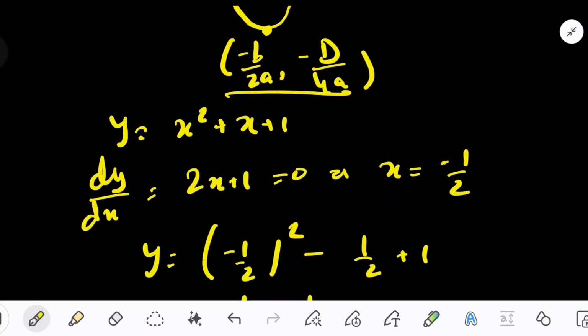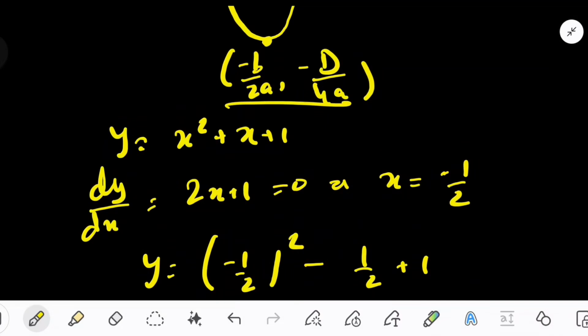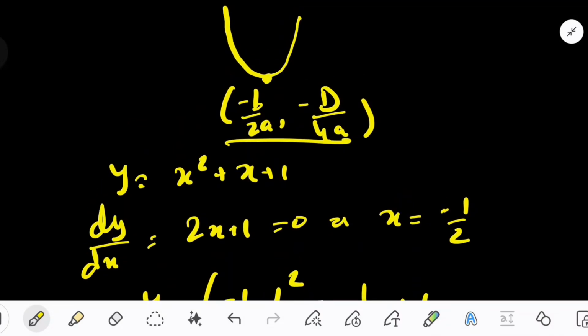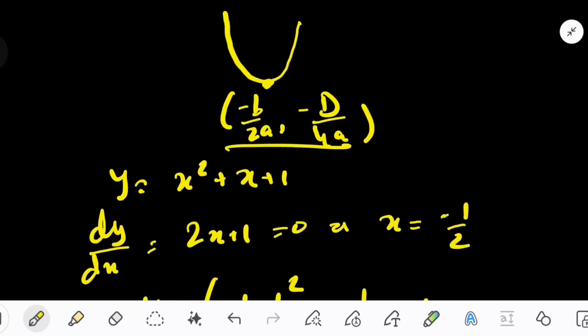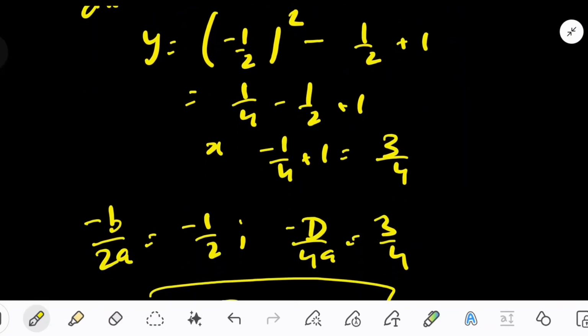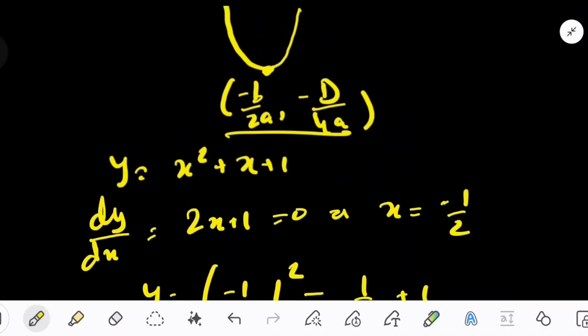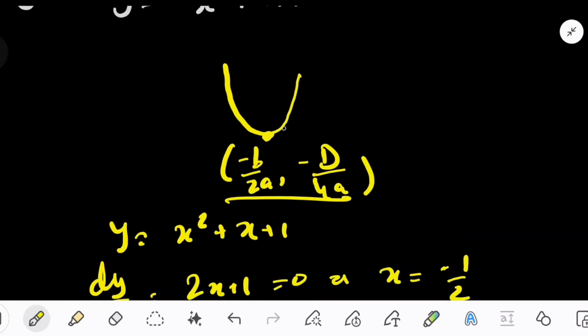When you take its derivative, you get 2x plus 1 is equal to 0. You set it equal to 0 to find the critical point, correct? From this you will get x is equal to negative 1 by 2. This is the abscissa value, or the x value, of this point. And when you substitute negative 1 by 2 back into y is equal to f of x, you will get the ordinate value, or the y value, also, right? So from this you get 3 by 4. So of course it is going from 3 by 4